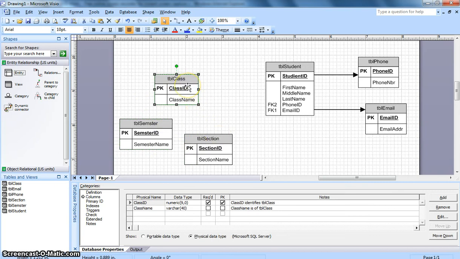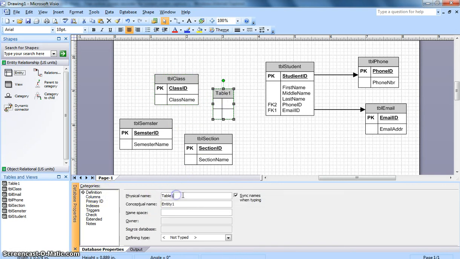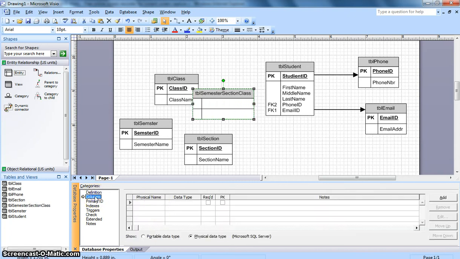You need a class, like let's say IST 7000, a semester like spring 2013, and a section, whatever our section number is. So let's create a ternary entry. We're going to call this TBL semester section class. And that's going to have semester ID,